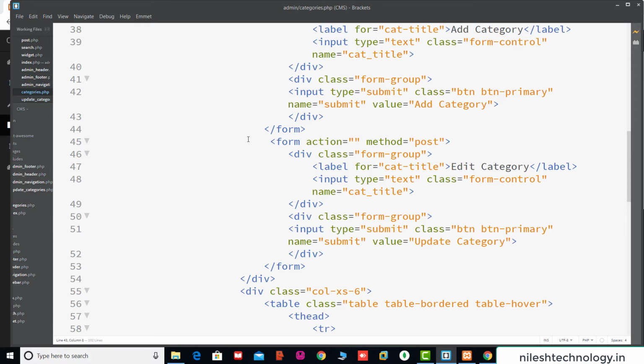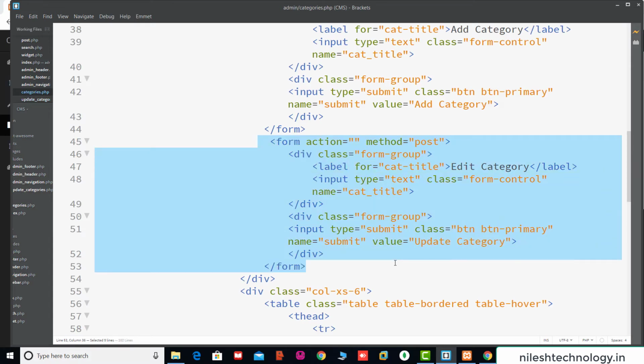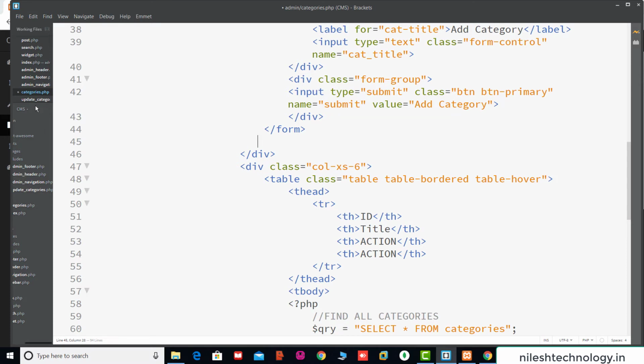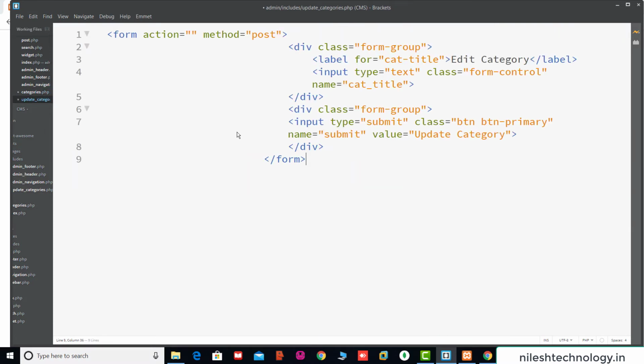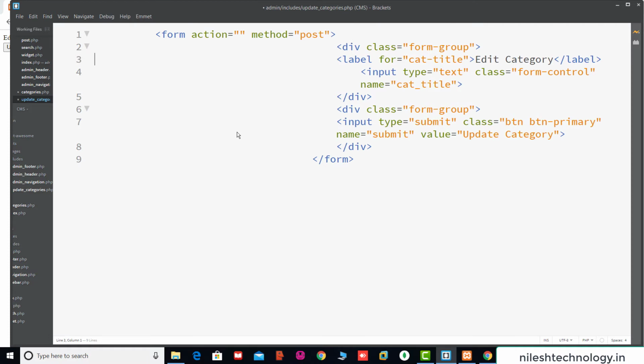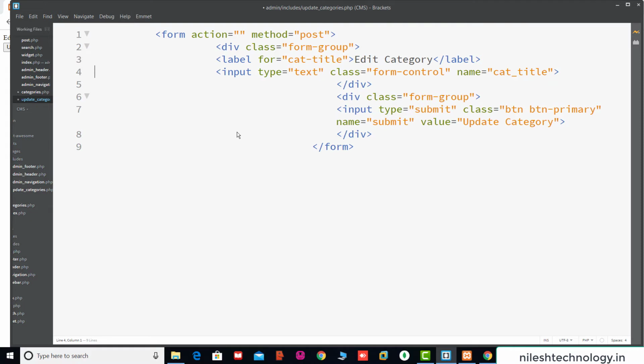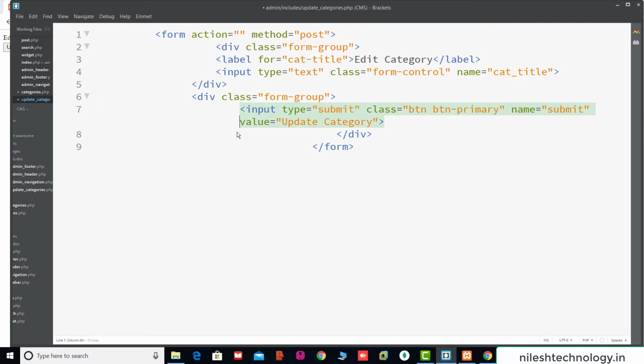So move this second form into that file, Control X, and this is the update categories, Control V. Okay, fine. So here we adjust this data. Okay, fine, perfect. This is the form.